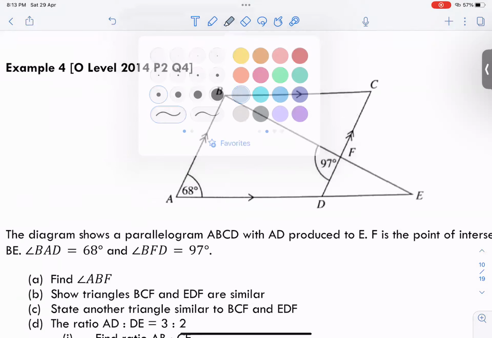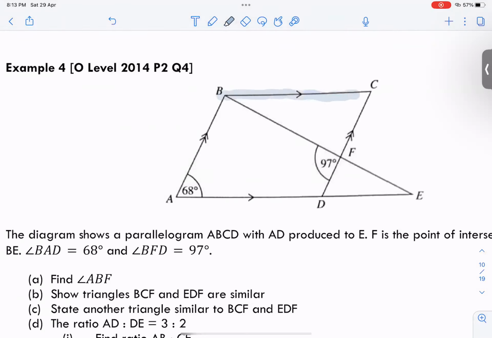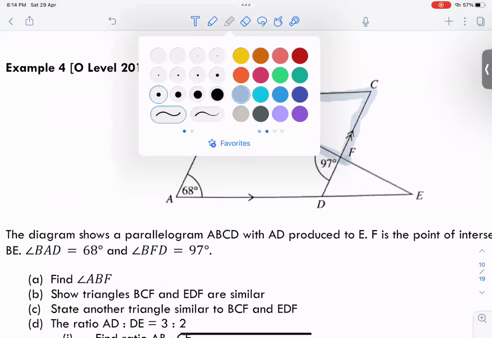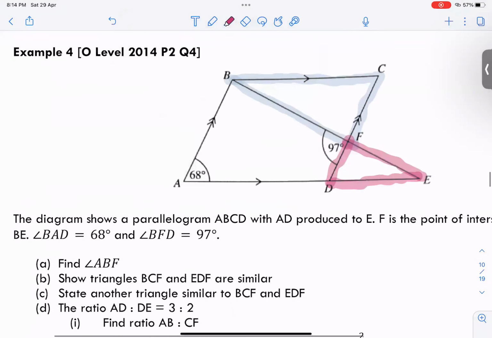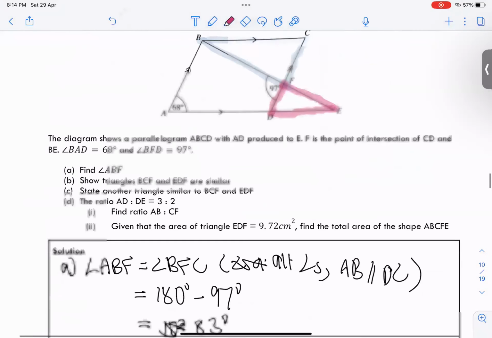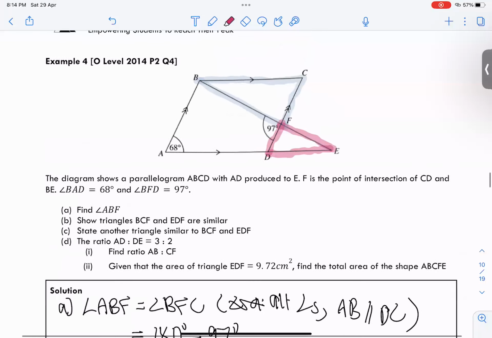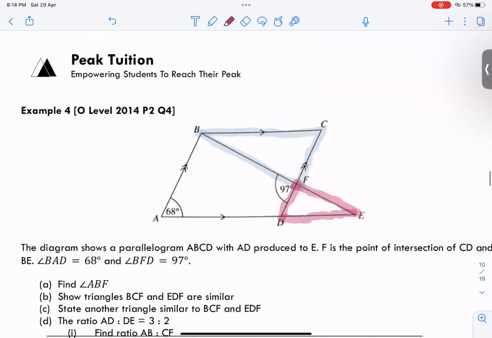What I like to do, right, is I like to have BCF and EDF, these three. Then later on when you were doing the question, there's another similar triangle, right? Which is